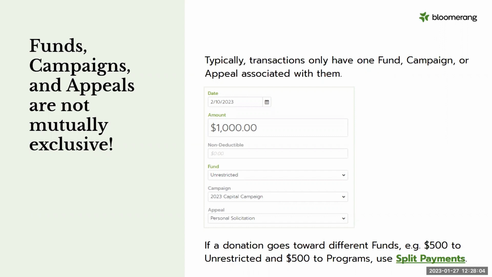But there are some cases where you might receive a donation from a donor that is designated to two different funds, for example. And the one that we have in the slide, let's say $500 goes to the unrestricted fund and $500 goes to programs, you can use split payments instead. We're not going to go into detail today, but I have linked this resource for you.